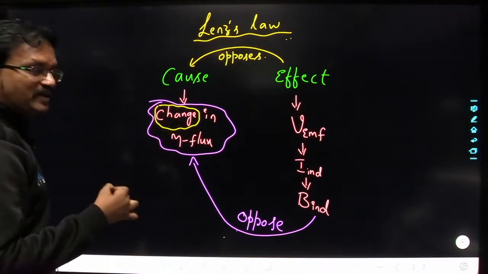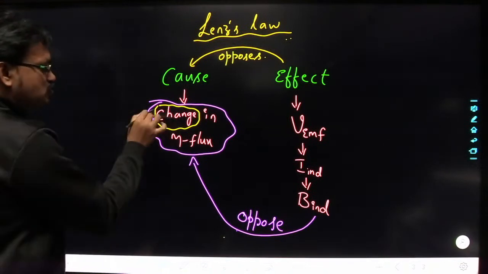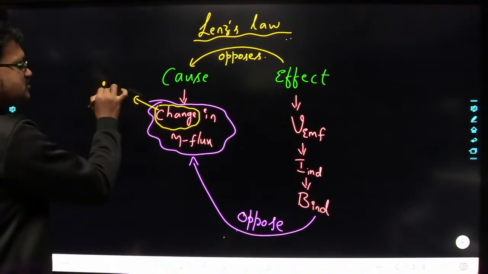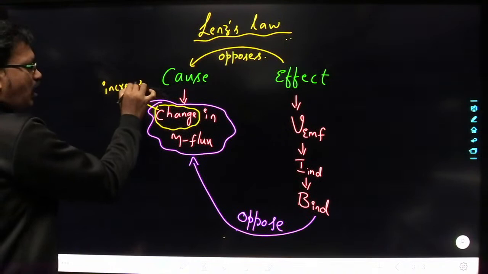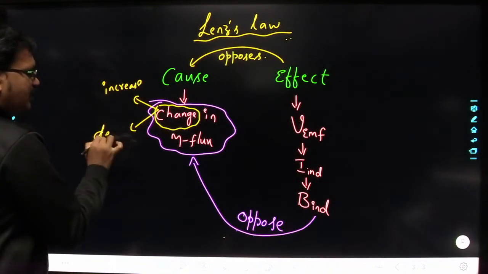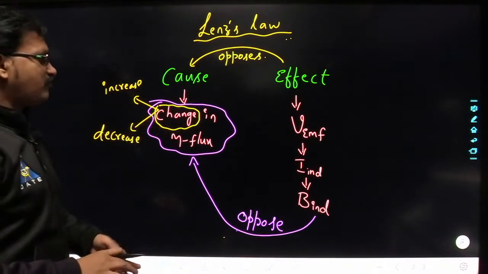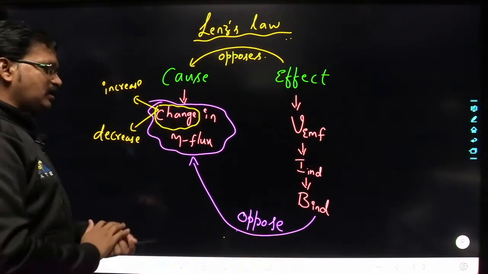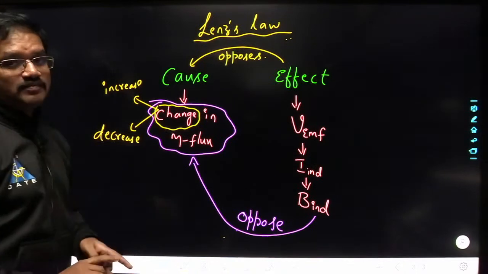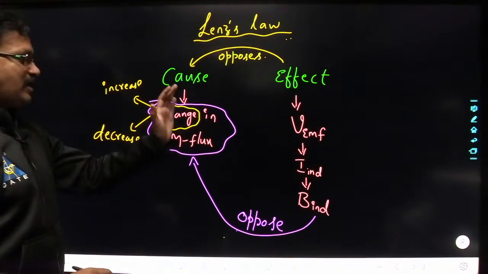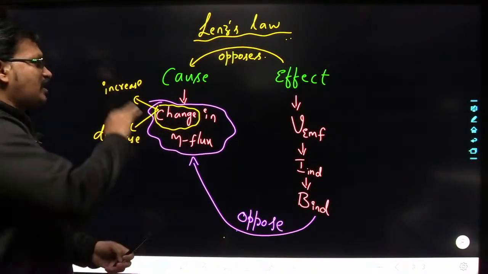So what do you mean by change here? It may be an increase in magnetic flux, yes or no? Or it may be a decrease in magnetic flux. Change in magnetic flux means it may be an increase in magnetic flux, or it may be a decrease in magnetic flux. So from Lenz's law, what we can conclude is whenever there is an increase